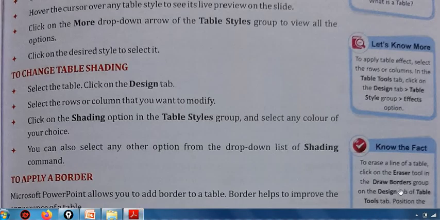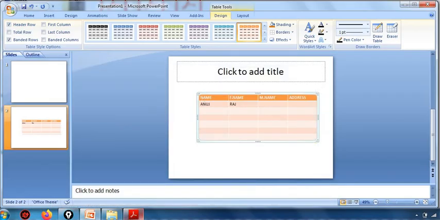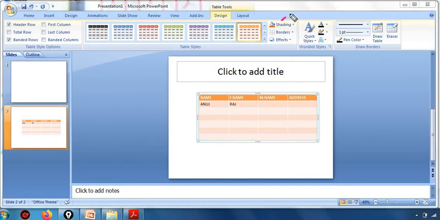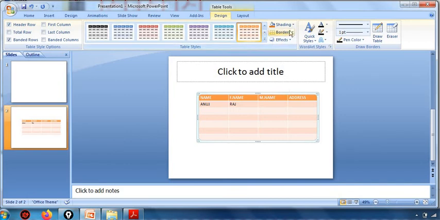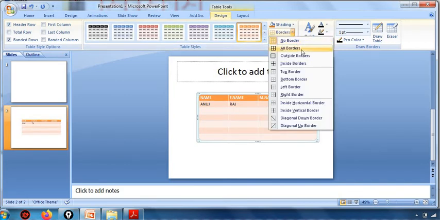Getting? To apply a border, border is also there, right? Below shading option we have, you can see shading is here, then border, then effect, right? So suppose I have selected this table. Now I will click on border: all borders, outside border, inside border, top border, bottom border, different types of borders we have.